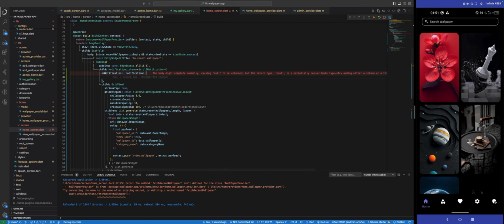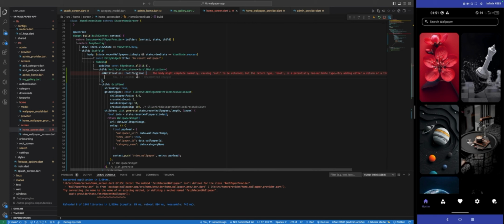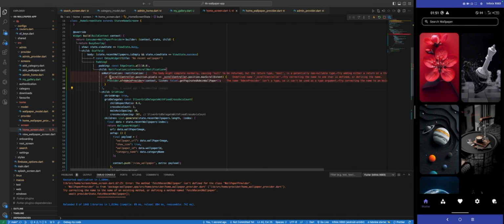So what I'm going to do here now is just check the same thing that we did in our my gallery, which is this one. So let me just copy it, so it will make things easier. I will come here and just paste it here. Now we don't need to use position anymore, it's going to be metrics. So I'm going to say notification dot metrics, to just get that pixel max extent